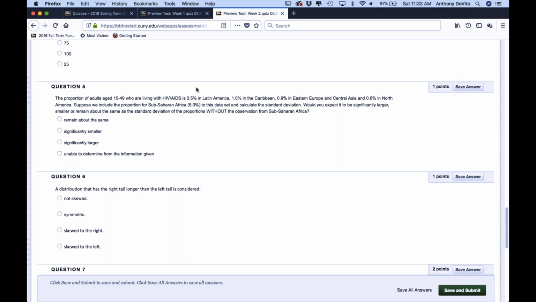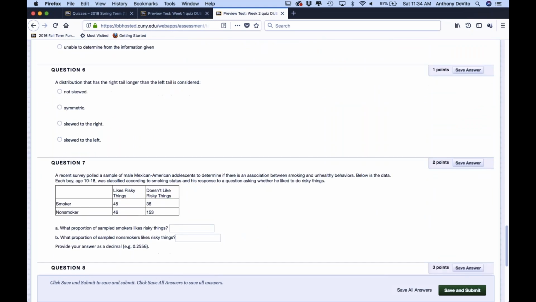But if we include sub-Saharan Africa, 5%, well, now look how much wider that makes that spread, right? So sub-Saharan Africa basically skews this data to the right, doesn't it? Because it's an extreme value. And it makes the standard deviation, which is a measure of spread, larger,